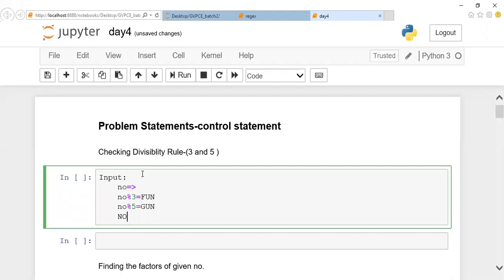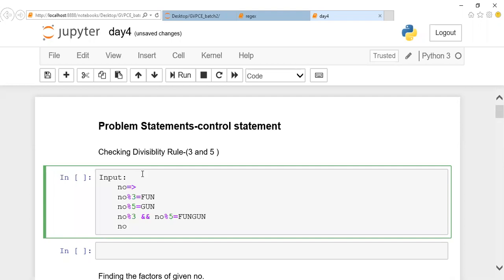If the number is divisible by both 3 and 5, in those cases I want fun gun as my output. If the number is not divisible by 3 and 5, I want invalid as my output. So this is the rule.